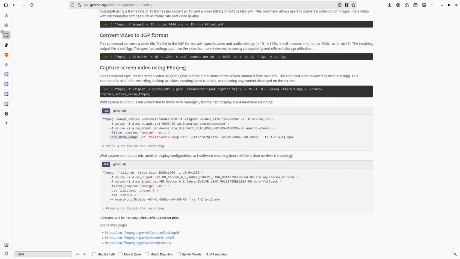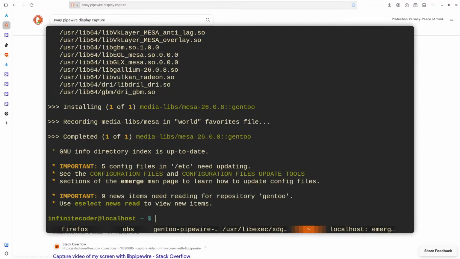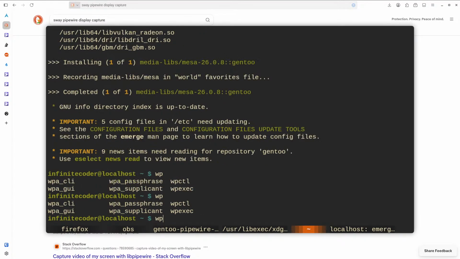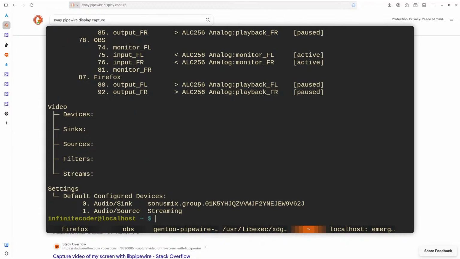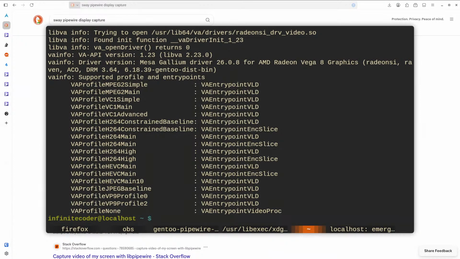Honestly, I don't know how I would fix PipeWire. I mean, desktop portals, we've built. Let's go. I want to see status. Yeah, no, that didn't change. So yeah. VA info, what is VA info? It works. Look, I can restart the stream and it's going to be hardware encoded.